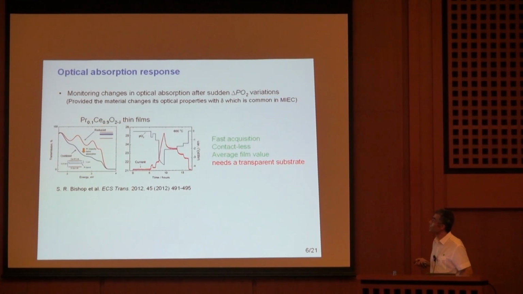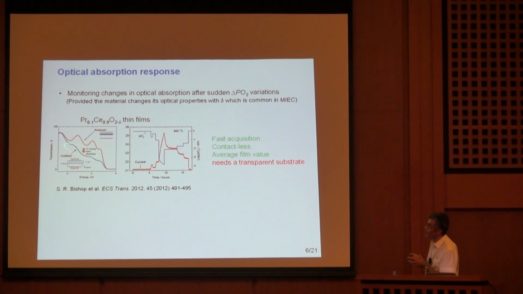And then, as I mentioned before, I took these images from the literature, from a paper from Sean Bishop, as I mentioned before, where they are working on this very interesting optical absorption fast response of the materials. So in some of these materials, because the electronic configuration and the electronic carriers change in relation to the changes in the oxygen stoichiometry, there could be some variations in the optical response. And in this particular case, for this material, there are important differences between the reduced material and the oxidized material